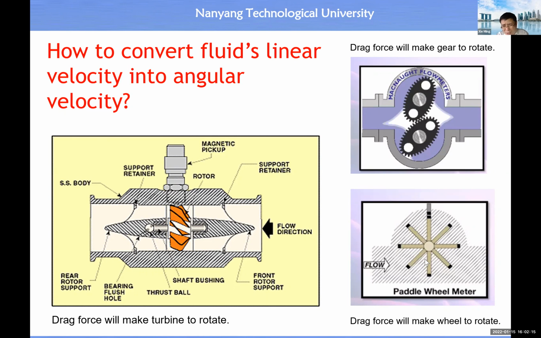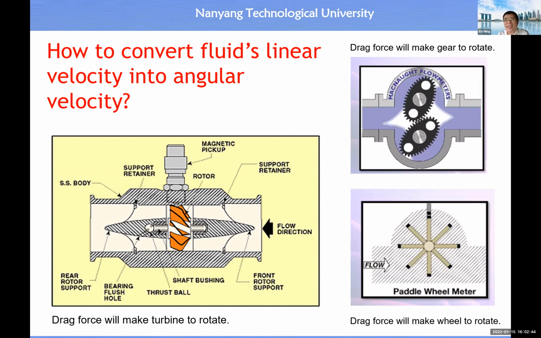Or you use this wheel, okay? So when the flow comes in, then this wheel will rotate. Then you have a shaft of rotation. Then you can attach an incremental encoder to measure the rotary motion, or rotary velocity, all right? Or you have a gear system like this. When there's a flow coming in, then these two gears will rotate, right? Then at the shaft, we can place an incremental encoder, right?